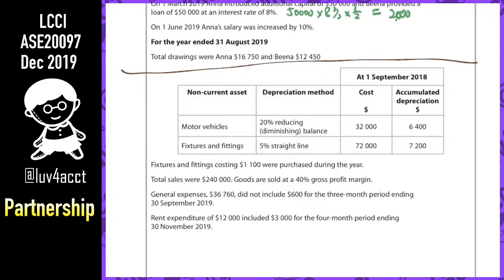Motor vehicles depreciation method, cost and accumulated depreciation and a straight line. Fixtures and fittings, let us calculate the depreciation first. 32,000, 6,400, 20%, it will be 5,